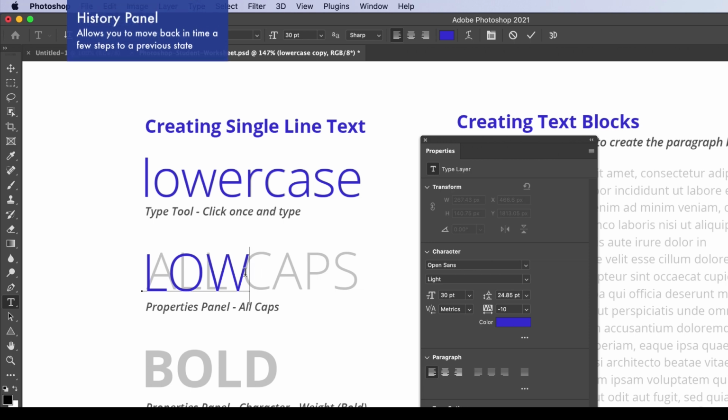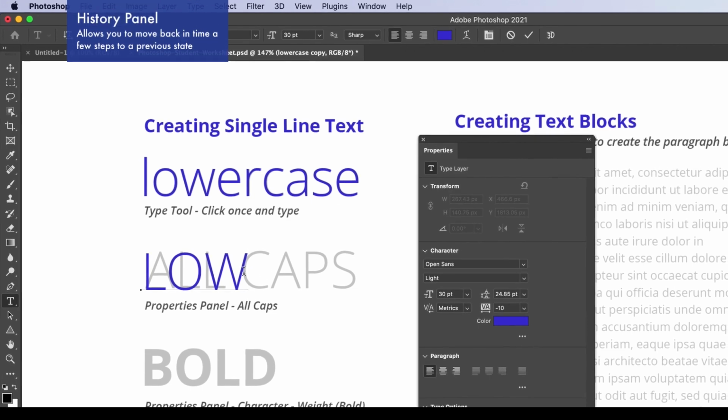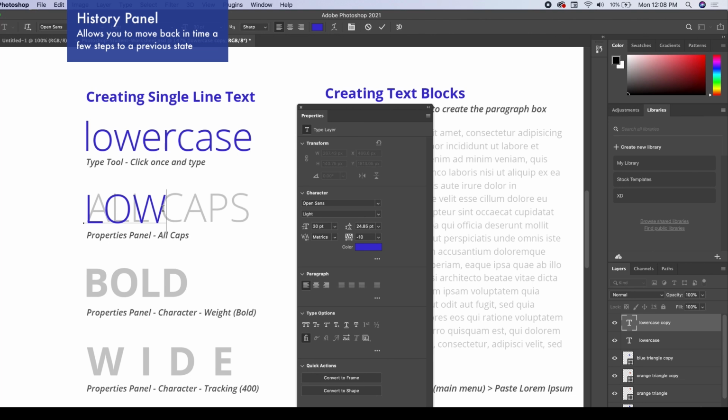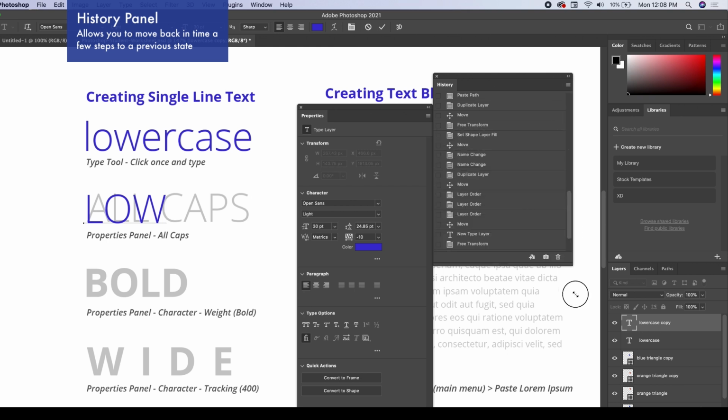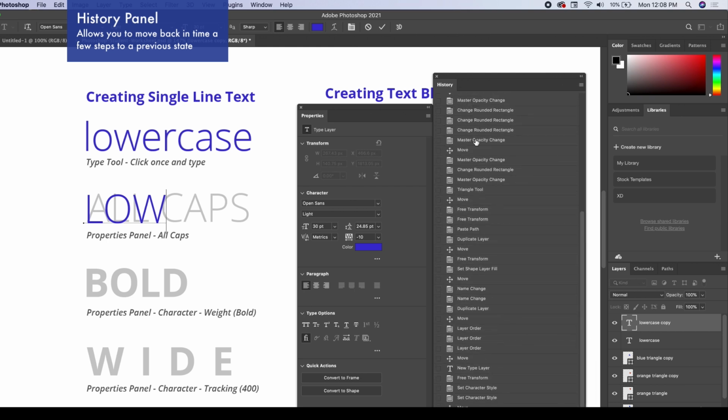Let's say I want to go back in my history. Let's say I did a step and I really want to go back to how I had it before. I want to go back to the lowercase. I can go back to my history panel, which it looks like I don't see there. I think that's history right there. It's right here in my little drop down menu, but let's say I want to drag it out and see what it looks like. So here is our little history panel. I can go back steps in time. Let's say this is all the activities that we've done. It keeps track of everything we've done,